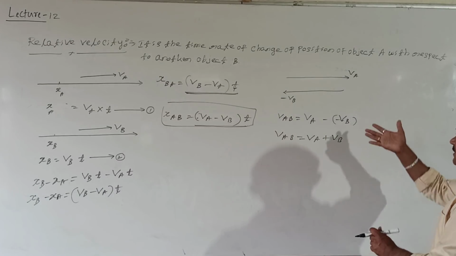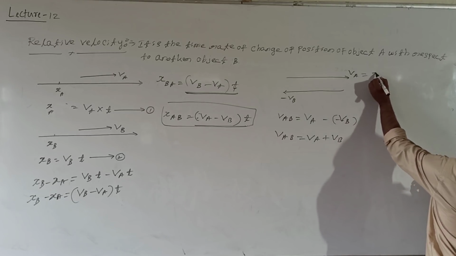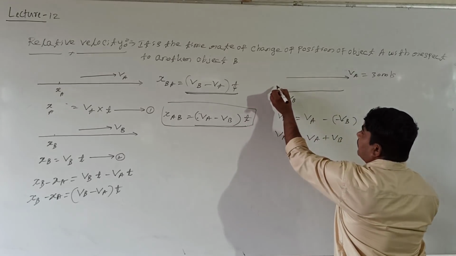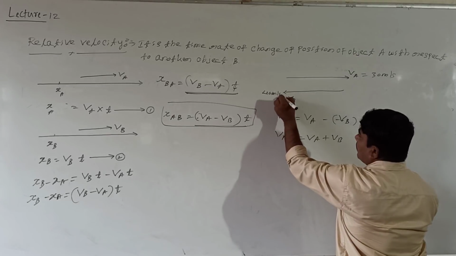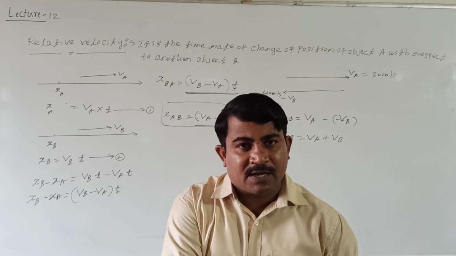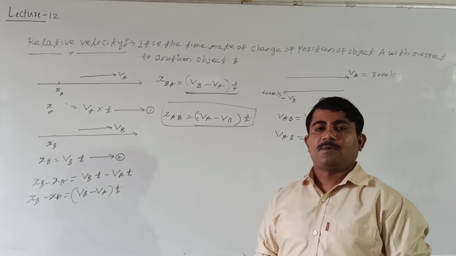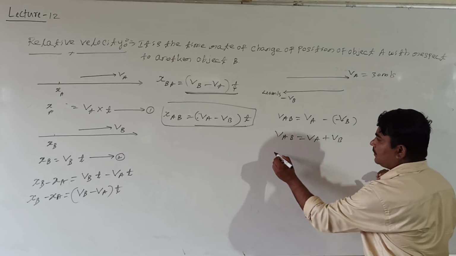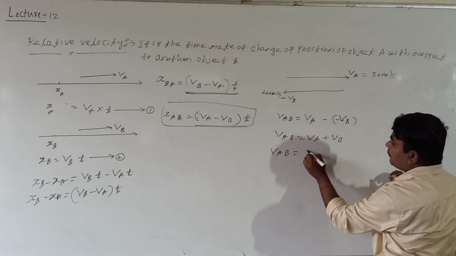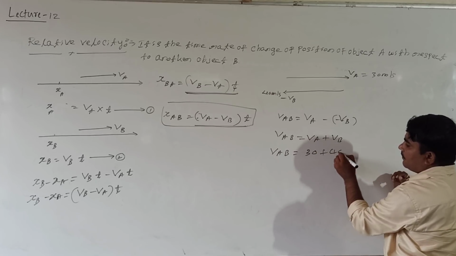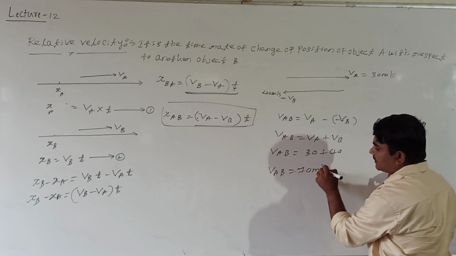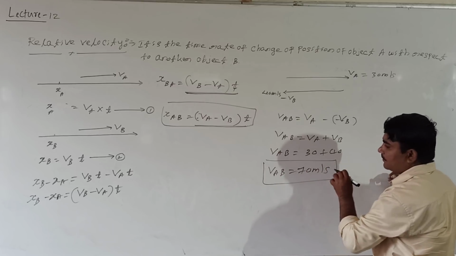So, shall I take an example? Consider this train, which is moving with 30 meter per second, and this train is moving with 40 meter per second. I will take VB equal to 40 meter per second. When the observer sees the velocity of object A, what can we feel? Directly shall I write VAB equal to how much? VA equal to 30, VB equal to 40. Then the relative velocity is equal to 70 meter per second. Are you following me?